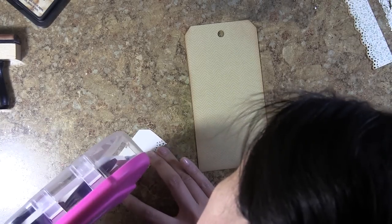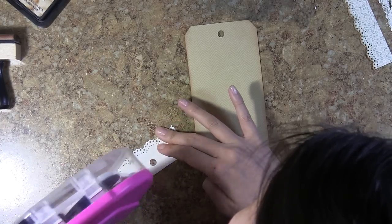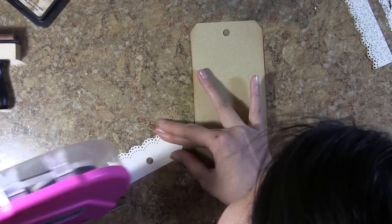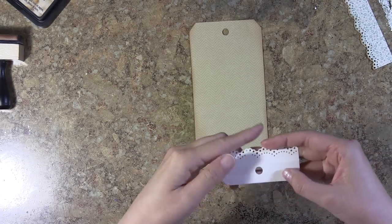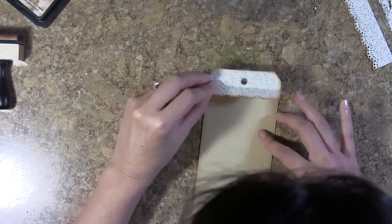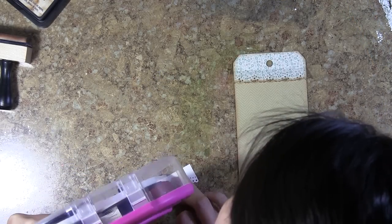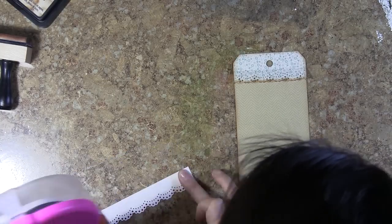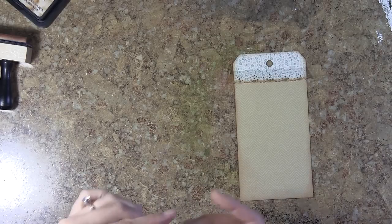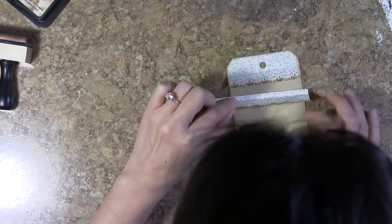Next, I simply applied some snail adhesive to my gingerbread pieces and folded in that crease that I created with my bone folder and adhered those pieces to the top of my tag. For this second piece, prior to adhering, I actually trimmed off maybe like 1/8 of an inch more off the top because I wanted it to fit just a little bit more snugly up against the first piece that I